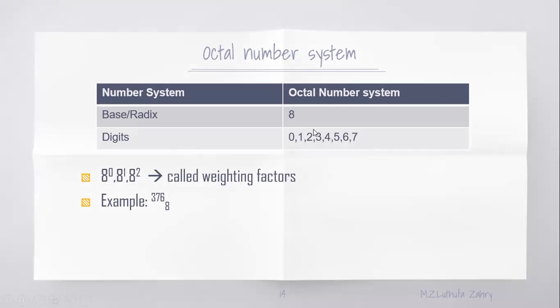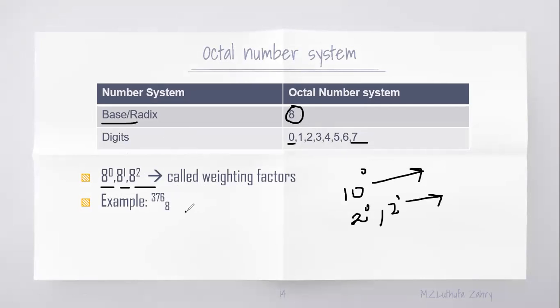As we have seen the binary number system, next we are moving to the octal number system. If it is the octal number system, the base will be 8. As I said, there are altogether 8 numbers, so the base will be 8. Same as before, we saw 10 to the power 0 is the decimal's weighting factor, and 2 to the power 0, 2 to the power 1 will be binary's weighting factor. So this is going to be 8 to the power 0, 8 to the power 1, 8 to the power 2, and so on, the weighting factor of octal.